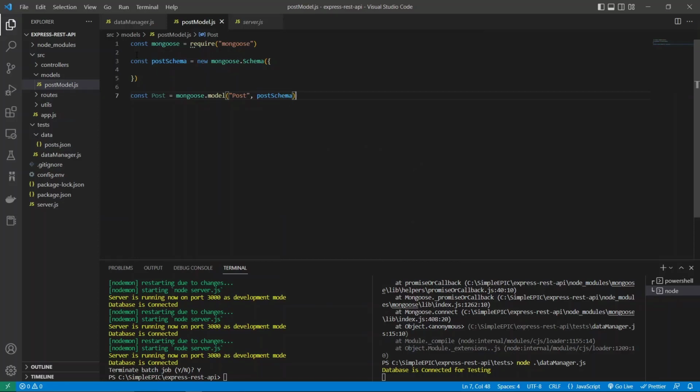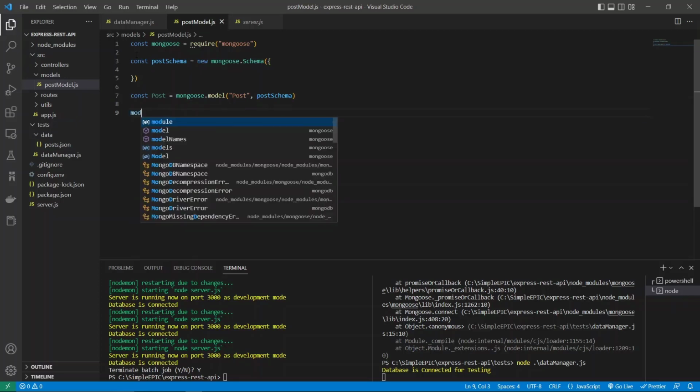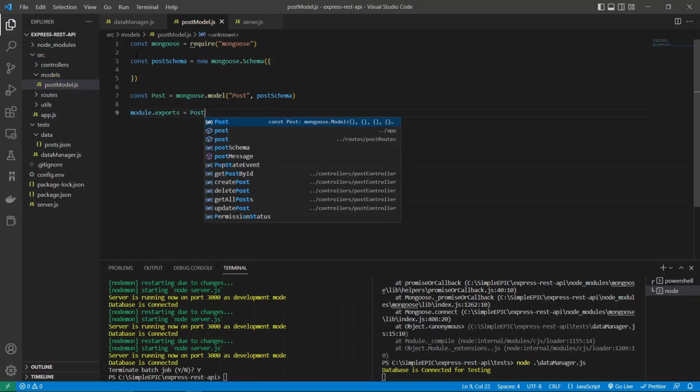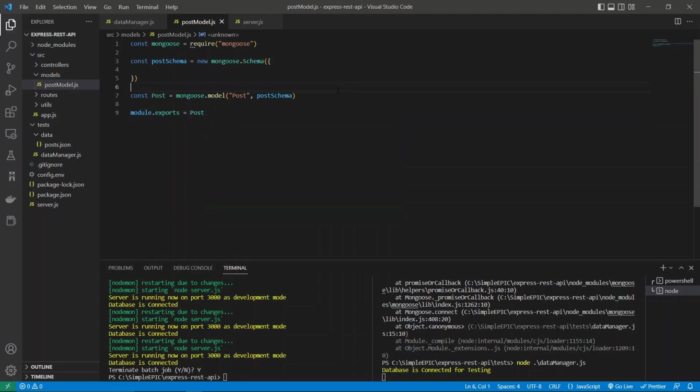And once that model is constructed, we can export it. Then other JS files can use this model as a reference,